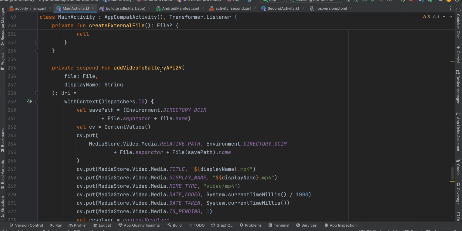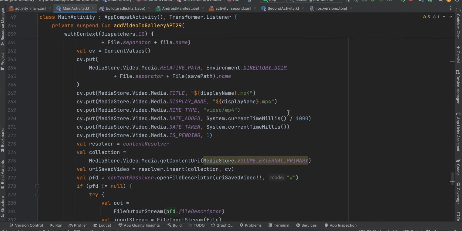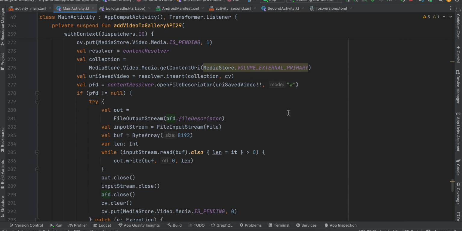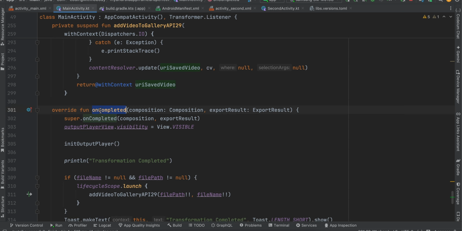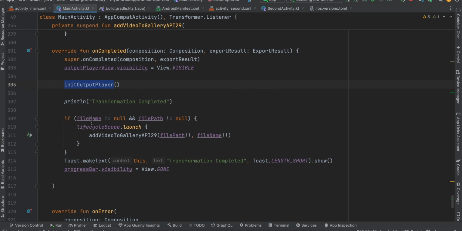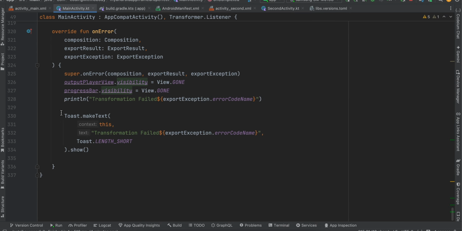Then this is the code for saving file to external storage. I have just copy pasted it from Stack Overflow. You can do the same. I'll simply scroll through this, I'm not good at this. And then we get this on completed. So once the conversion has happened, we display our output player, initialize it, save file to external storage, and hide our progress bar. In case of error, we hide both output player and progress bar and display a toast